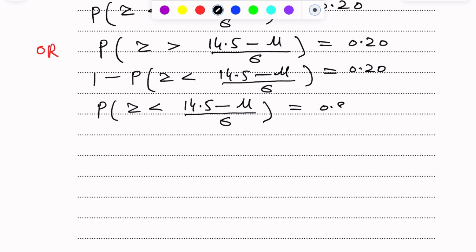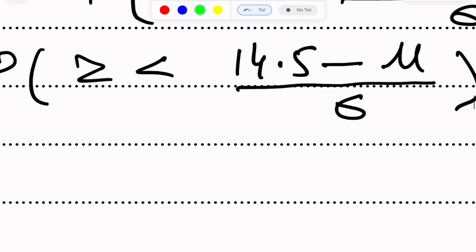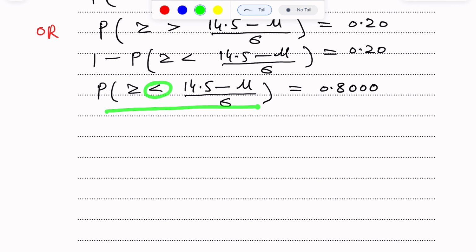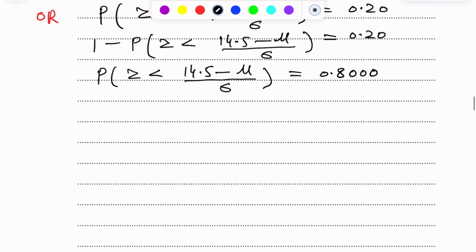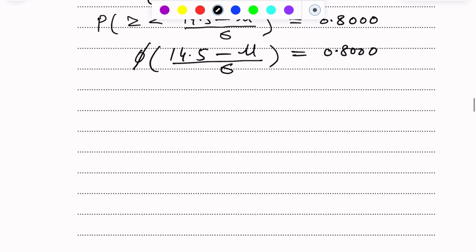This becomes 0.80. We are writing in four decimal places because in the normal distribution table all the probabilities are given in four decimal places. Since there is a sign of less than, we can write this left side in terms of phi. Phi means probability of 14.5 minus mu over sigma is equal to 0.8000. So from here 14.5 minus mu over sigma is equal to phi inverse